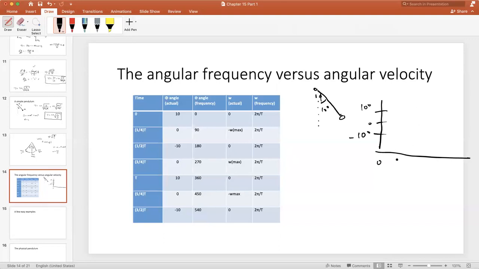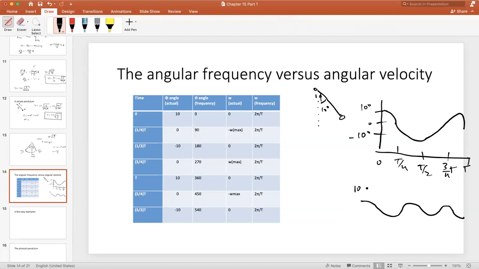And if this is 0 and this is T/4 and T/2 and 3T/4 and T, on and on, we know that at T/4 it's going to be at 0, and then at negative 10, and then back at 0, and then at 10. And so it's this sine wave that I didn't draw very well. It should look something like this, right? And this function is basically 10 times sine of omega t, or technically, I guess it's cos of omega t,